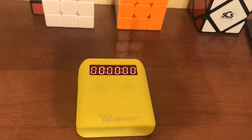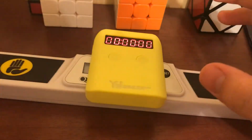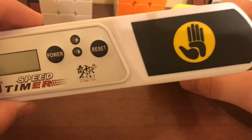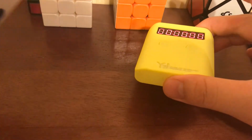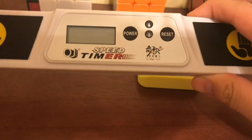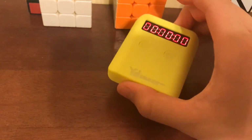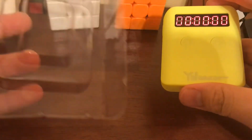So comparing the timer to my actual stack mat timer right over here, as you guys can see, it is a way more compact size that can easily fit into your pocket, and the stack mat timer is just really bulky when you're using it for travel, or I think this is pretty slim in general. But the stack mat is also really heavy compared to the pocket timer, which legit feels like a plastic box. This plastic box that this timer came in might even be heavier than the timer itself, but I don't have